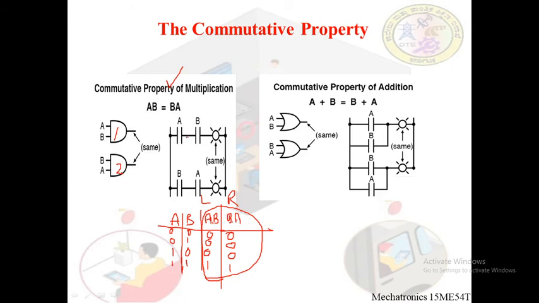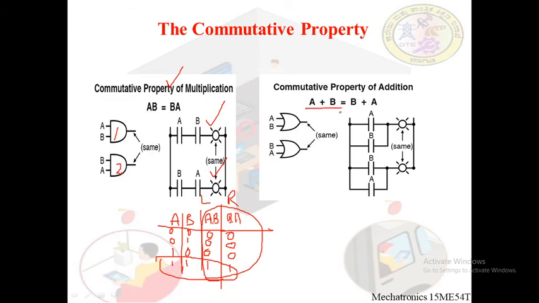So we have the circuit showing two switches connected in series. The series connection of switches shows the AND gate, through which we can get the output. When both A and B are high, we will be getting the output. Here we are able to see when both A and B are high, we will be able to get the output here as well as here. Both has to be high.